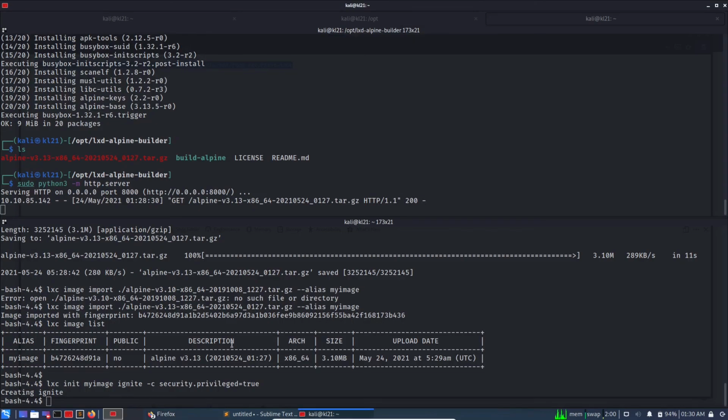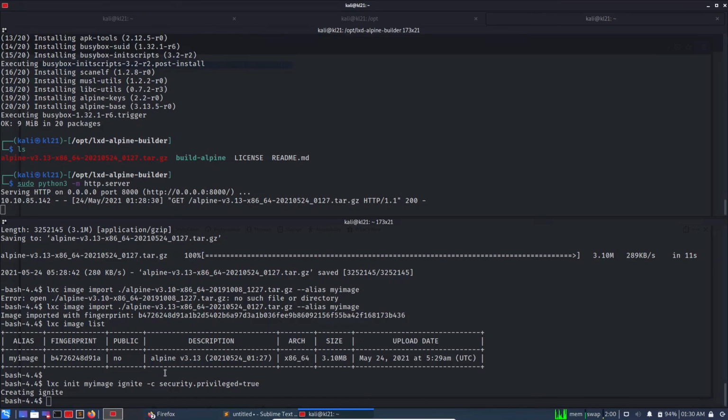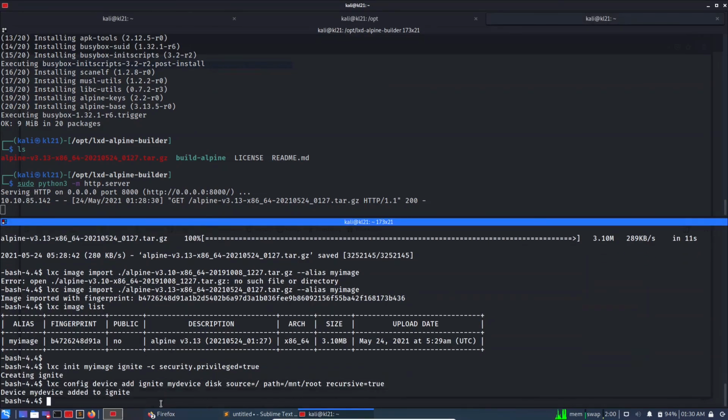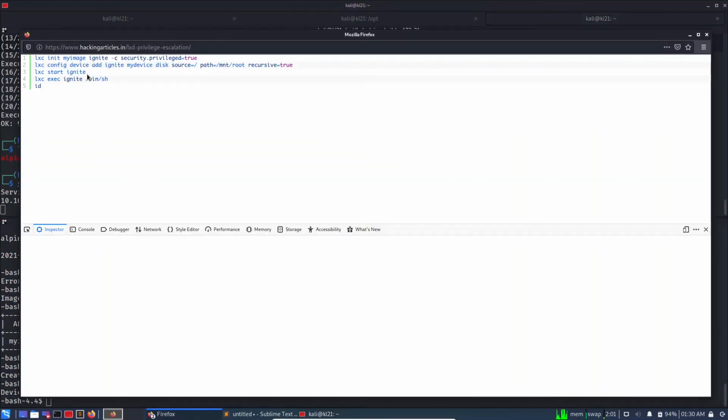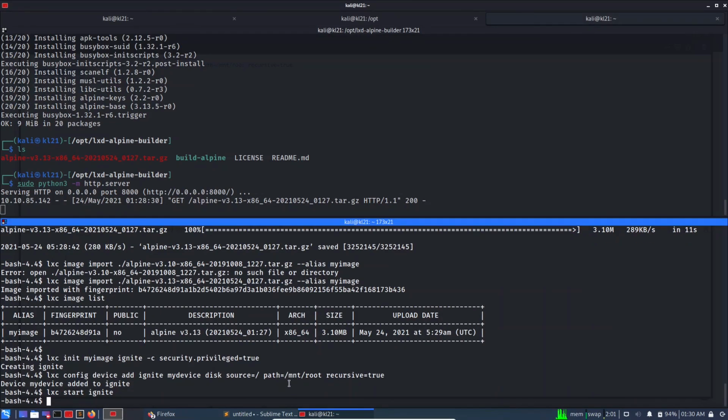Okay, so copy, paste, and then probably the last thing is to start it using that image and the mount point of root,